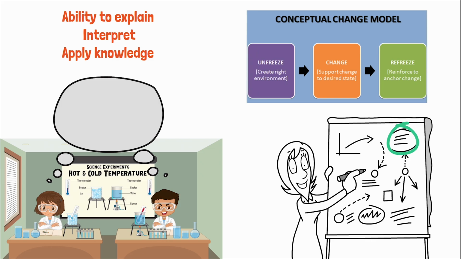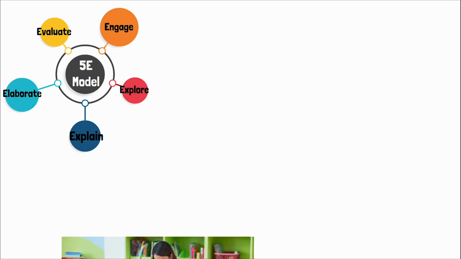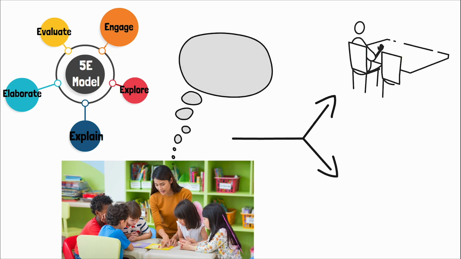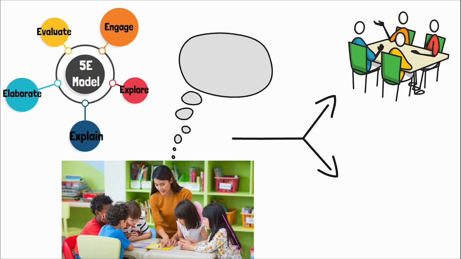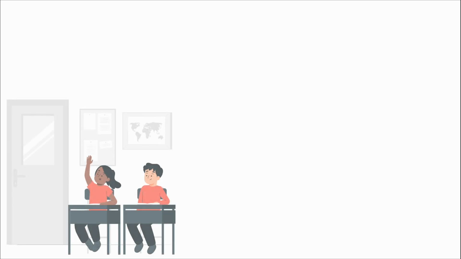Incorporating the 5E model, engage, explore, explain, elaborate, evaluate, supports science learning by engaging students intellectually and leading them to explanations based on evidence. Each phase of the model involves different types of student interactions, from group work to individual activities, ensuring a comprehensive learning experience. Effective questioning is at the heart of teaching and learning science.